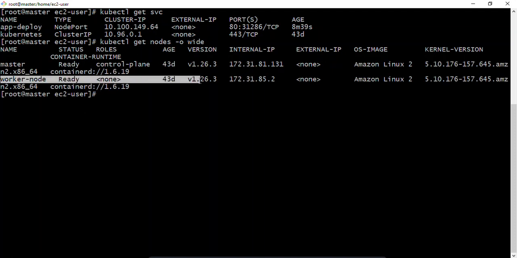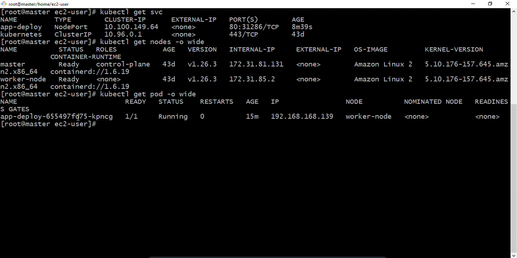You can see the worker node here. kubectl get pods and use -o wide to see. So this is my pod running,